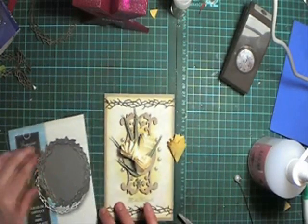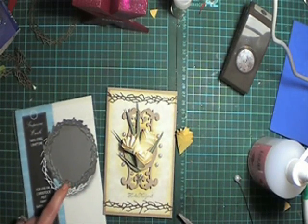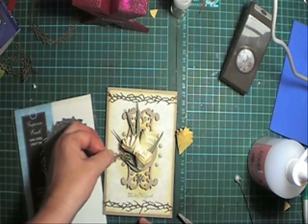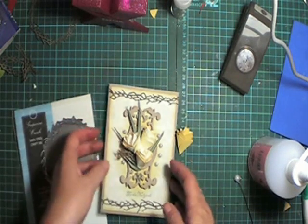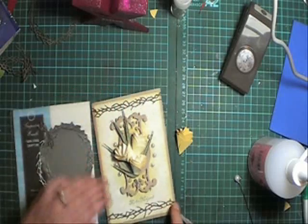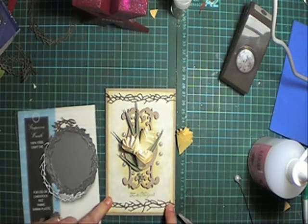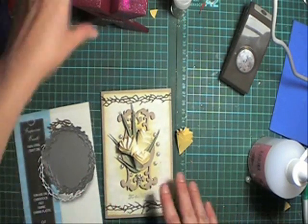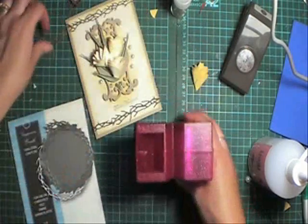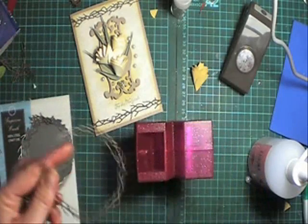Now, another thing that I did was use this grapevine wreath from Memory Box. You can clip little pieces of this vine out and put it in your flower sprays. They can look quite pretty in your flower sprays. But I'm just going to show you how I made this grapevine wreath, this circle, into a straight border for my card. Now, I used my Xyron sticker maker for this, and I cut one of the dies out, and